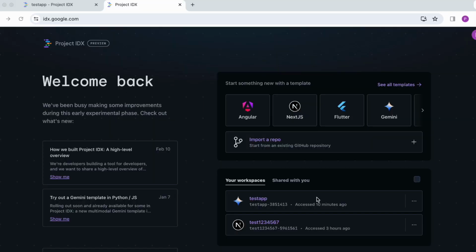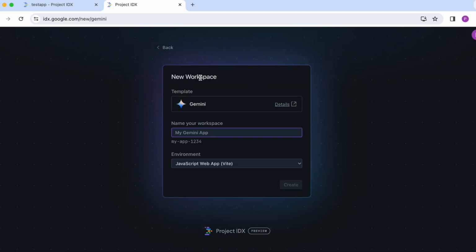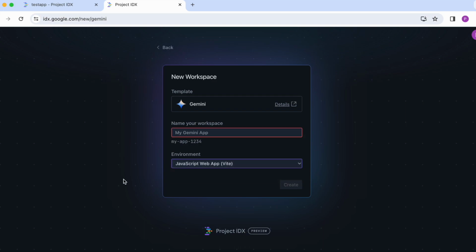In this video, I am going to talk about how you can create an AI app within just a few minutes using Project IDX. Gemini is an AI workspace you can create from. So once you click here, you see a new workspace where you provide the name you would like to have for your app and the environment. So you can create a JavaScript or Python workspace, and once you create that workspace, it will look